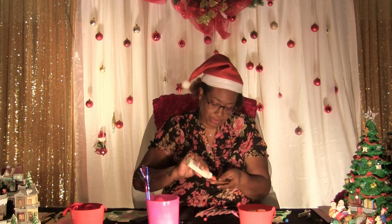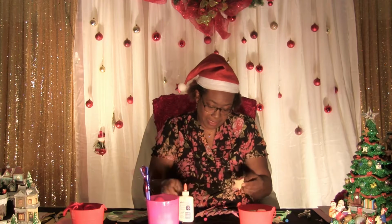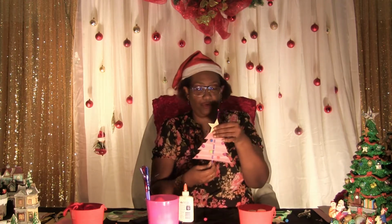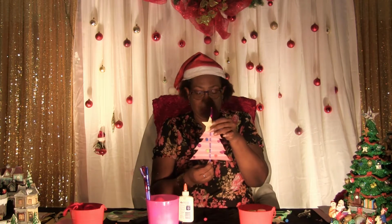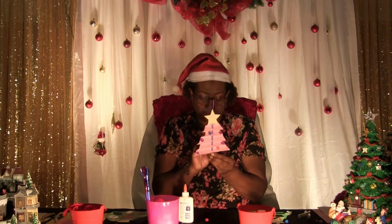And again, you use your glue. Put the glue to the middle where you're going to stick the star. Try and be as neat as possible. And you stick it to the top of your straw. And there we have our collapsible tree. Oh my,